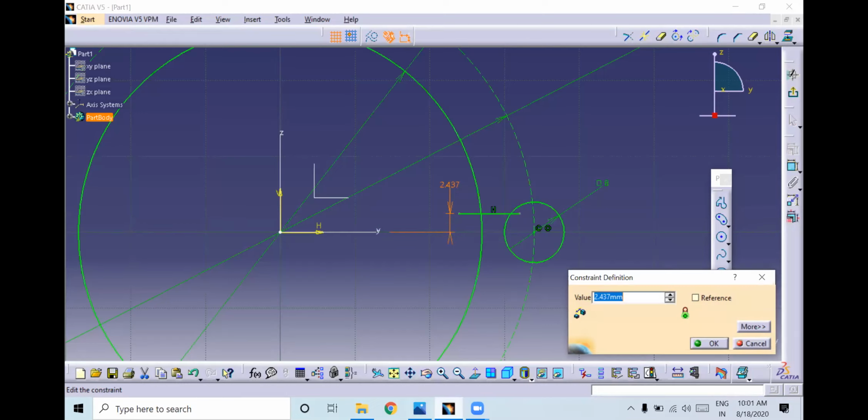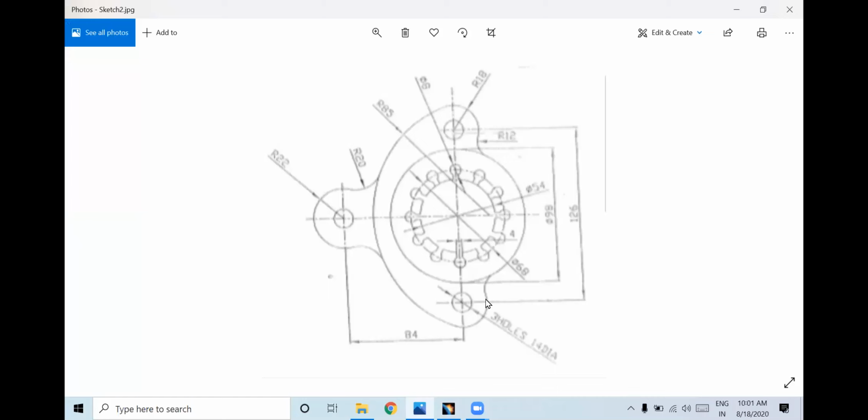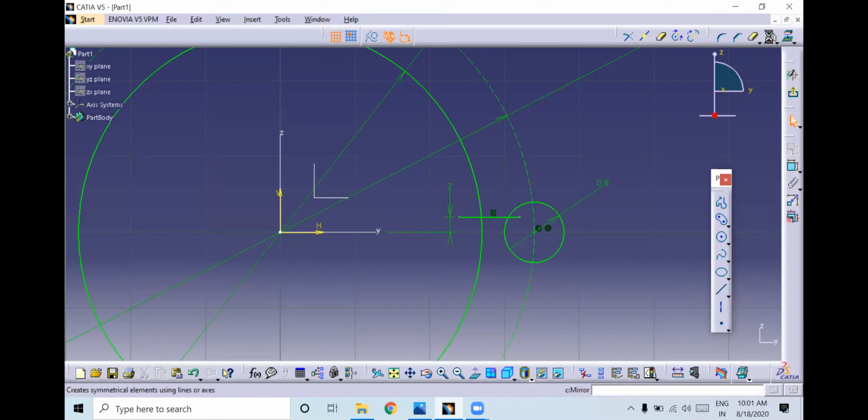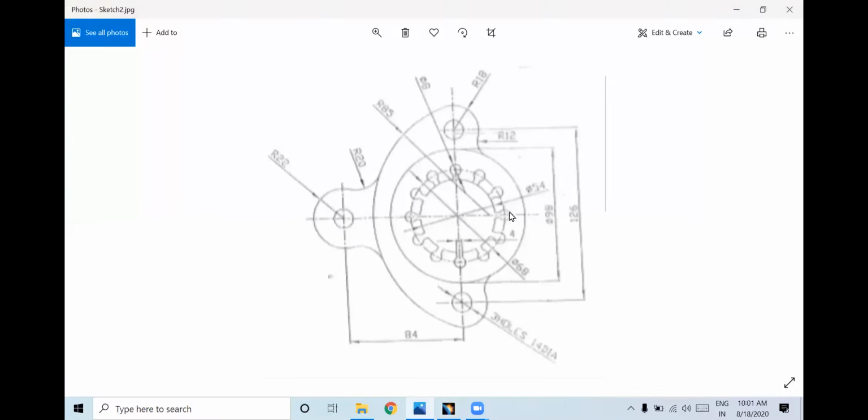The width is 4, so we can give 2, because I am taking half. Next I will mirror this. Select this, and with respect to this, we have mirrored it. Now it is 4, 2 plus 2. So we'll just trim this. Same thing we have got. All of you got it?